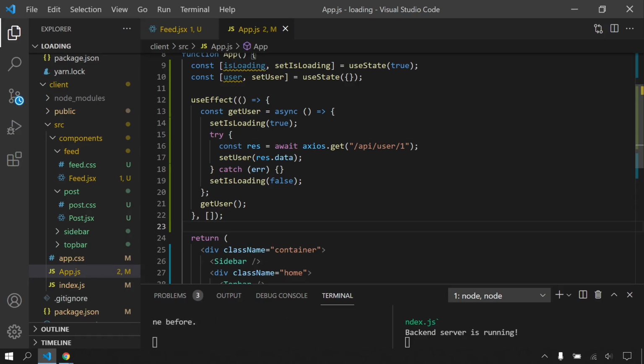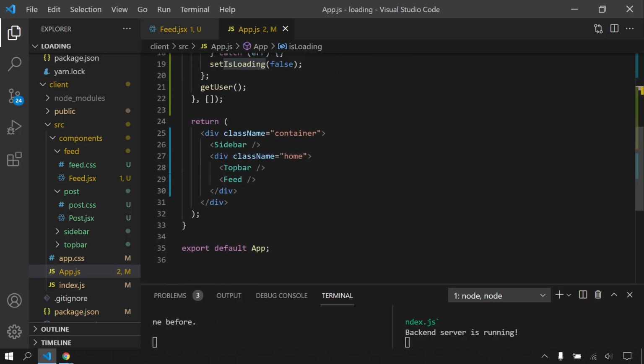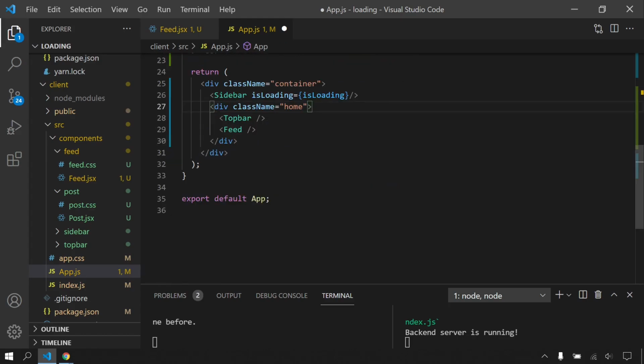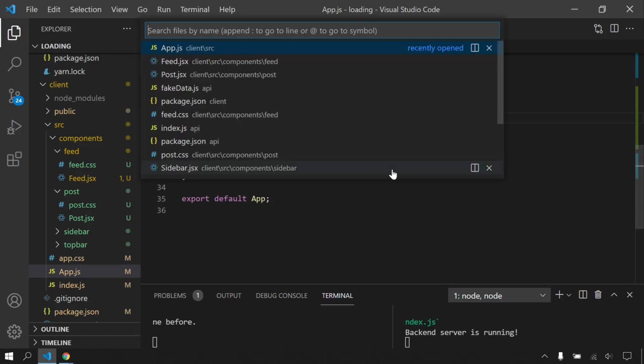So right now I can pass these props. For sidebar we are gonna pass only isLoading, because as I said it's dysfunctional, we don't need this user. But for top bar it's gonna be isLoading, and also it's gonna be user. That's because we are gonna be using this profile picture. Okay, let's come here, top bar.